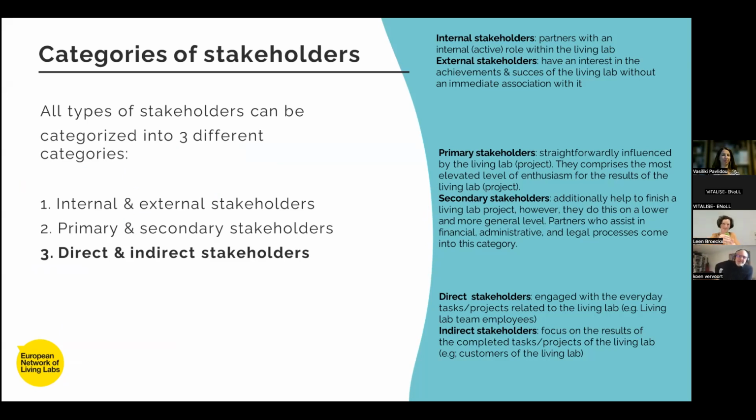Internal and external. Internal stakeholders are the ones playing an active role within the living lab, and external are the others. And primary are immediately affected, and secondary are indirectly affected. Okay, so if you go now to the next and you talk about stakeholder engagement, then it's a matter of